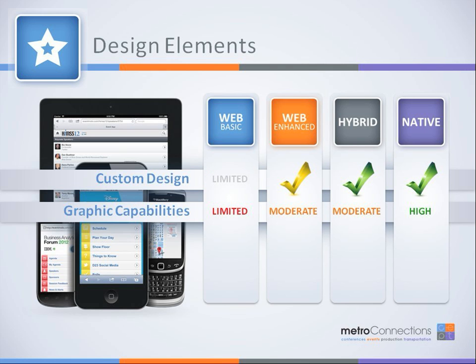When we talk about the graphics capability, which ties into the design, again, it's limited in the basic. The folks that have written these applications want to keep it small so their application is fast when it's on site. Web Enhanced is a little bit more moderate, along with Hybrid, and then of course the native, because remember, with the native, all of those images and artwork are downloaded onto your phone. The native app never has to go back to a web address to gather that information anymore. So that's why it can have the true high resolution HD type image work, even 3D if that was something you wanted.